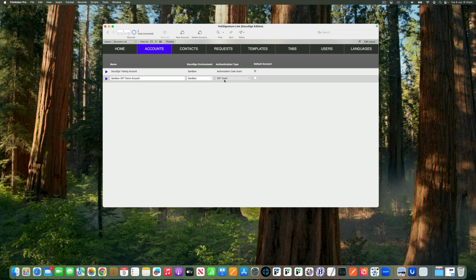Now, when you normally send a request through the fmESignature link file, the sender of that envelope in Docusign is the user that you use to do the initial authentication. So automatically when you send a request, it uses that user's account as the sender of the envelope. Now if you want to change that, we've added support in version 2 of the fmESignature link file to modify that, and you need to have an authentication account record that uses the JWT grant in order to